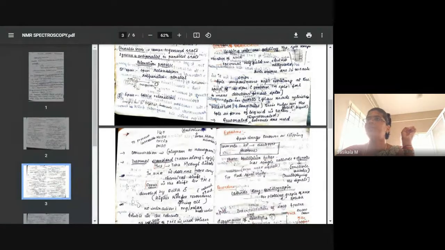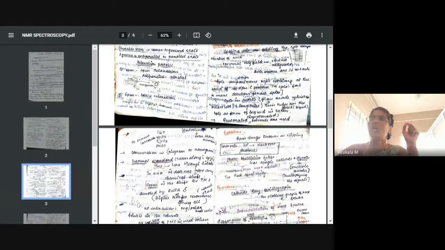Then deuterated solvents. We cannot use the solvents as such in NMR. We need to convert the protons into deuterated form, then only it will be blank or transparent in the NMR signal analysis. So deprotonated or deuterated solvents are to be used. While taking the sample, we need to see what kind of solvent we are using. Solvents like H2O, methanol, chloroform, and DMSO have protons, which are substituted with deuterium.